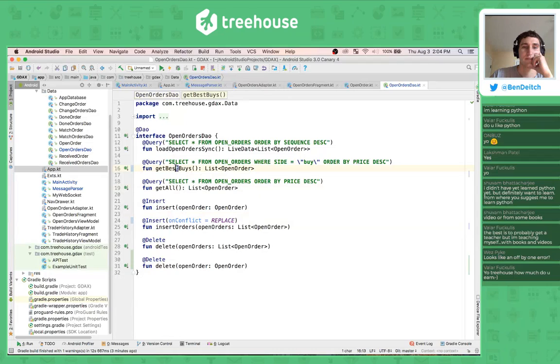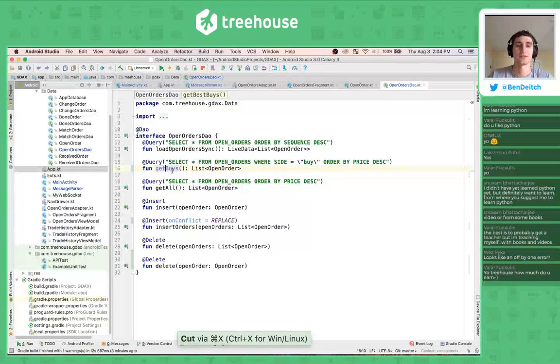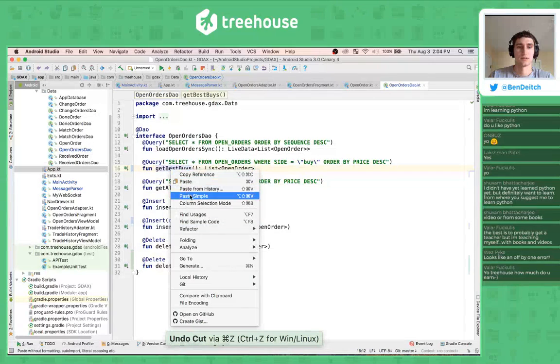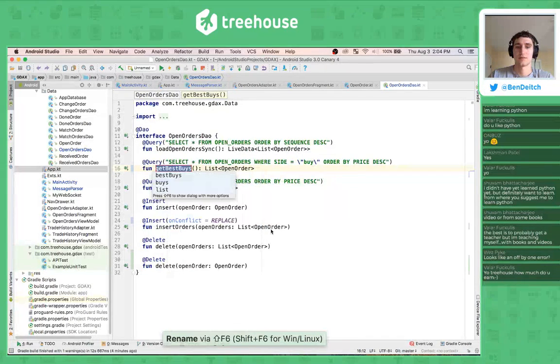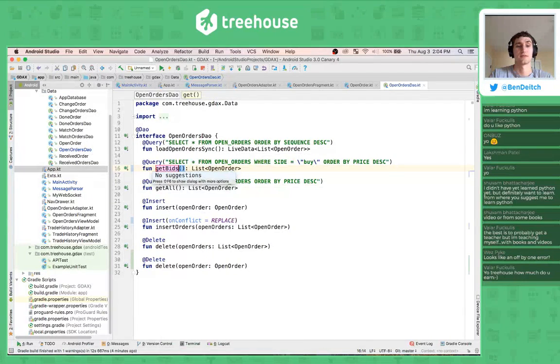Let's go get buys, which we should do as a refactoring. So refactor, rename, get buys, or bids rather, right? Yeah, get bids. So where side is buy, and we want to then